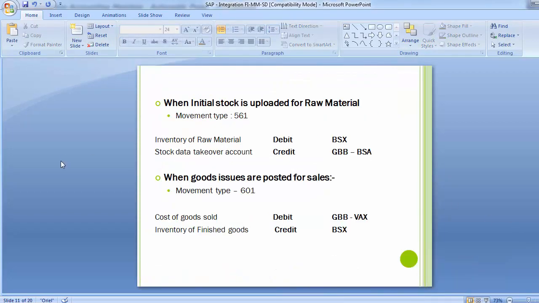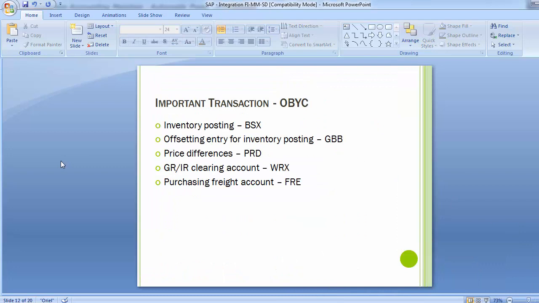The most common transactions which are used in the OBYC settings for FI integration start with inventory posting, that is BSX.